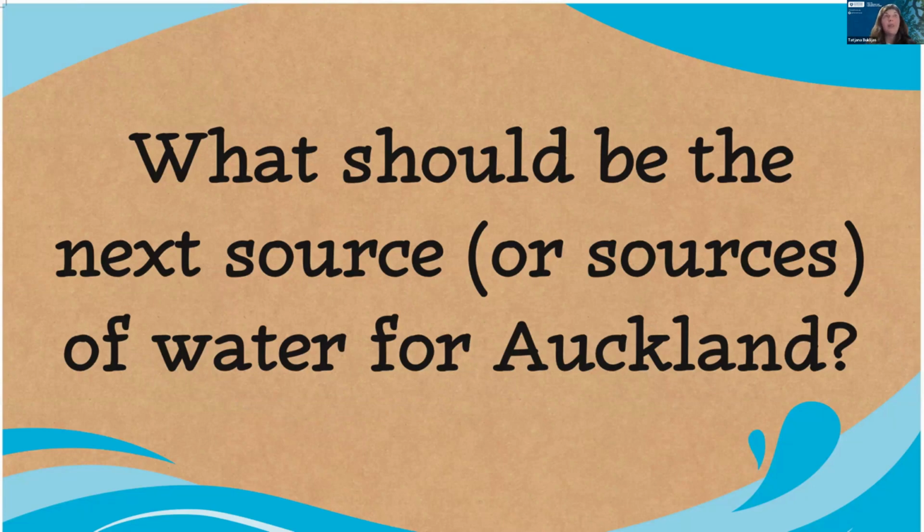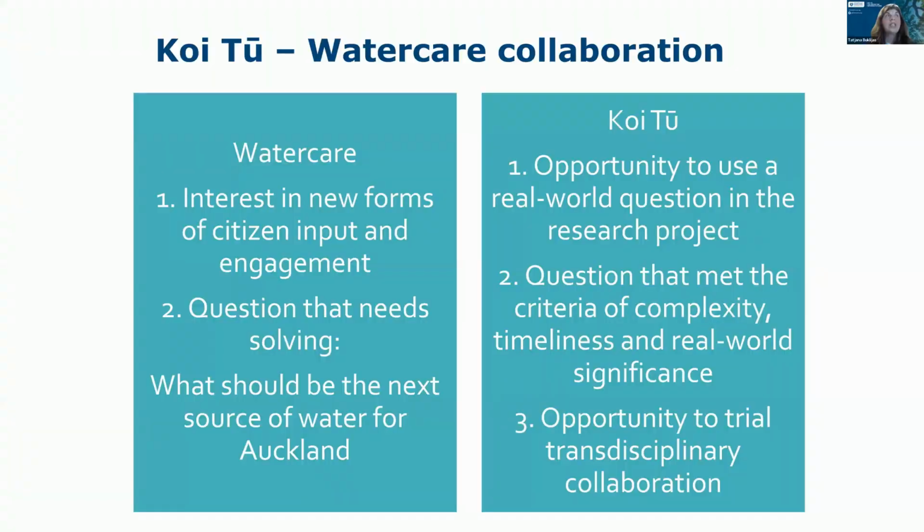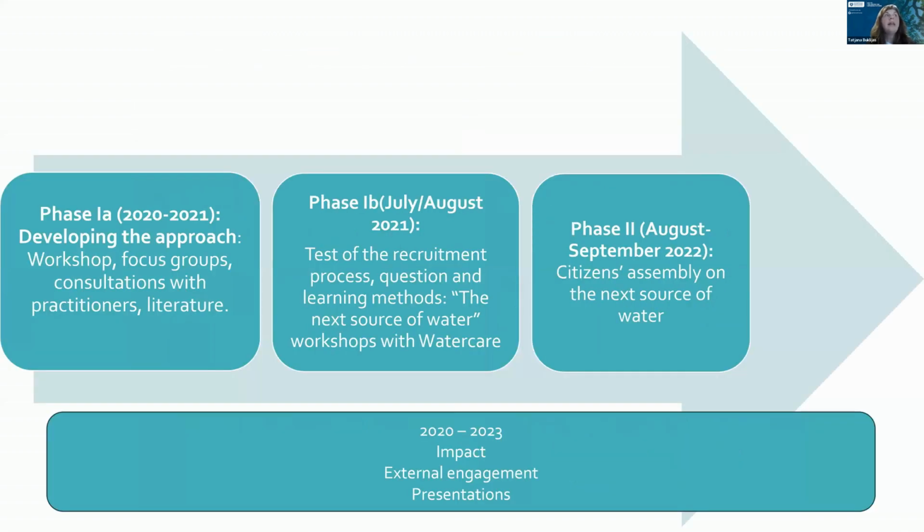Instead of testing these processes, we were going to do a project that would unite this real-life question and real-life problem with what we wanted to do. And this was to find the research question and test this deliberative process that hasn't been tested in New Zealand. So then over the next three years, and then I'll pass over to Anne,